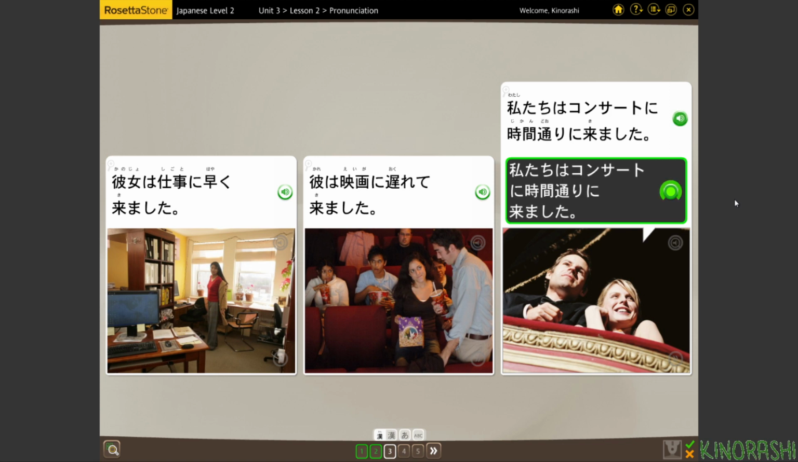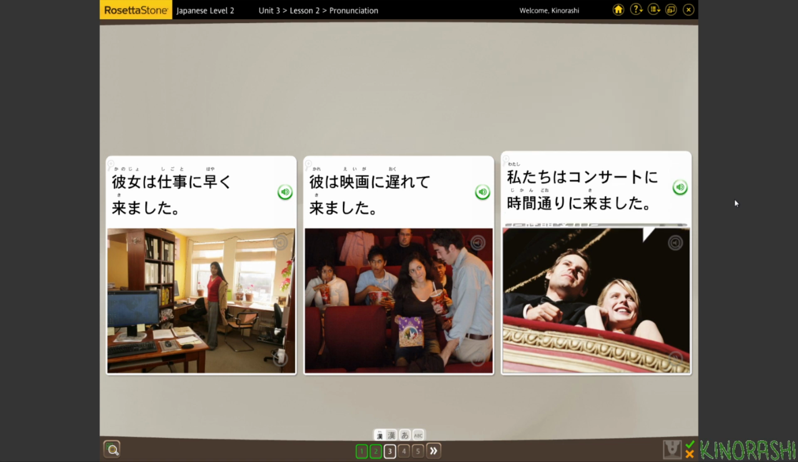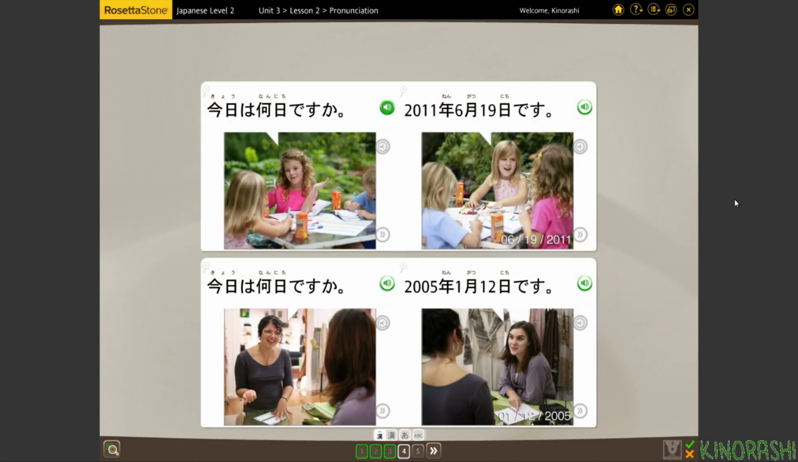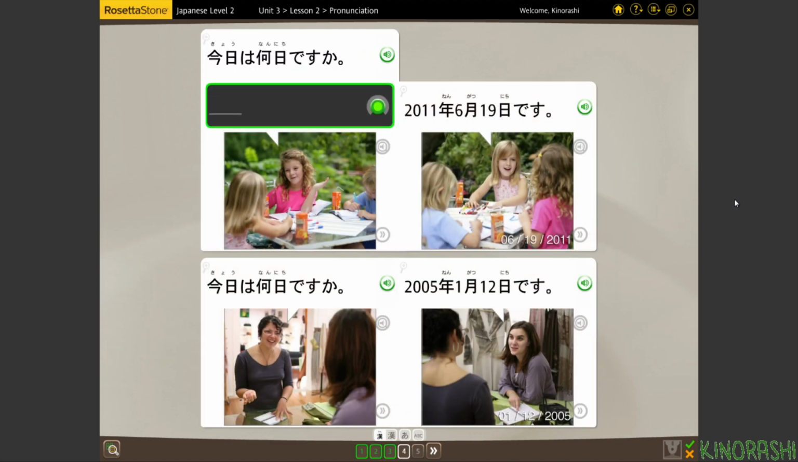私たちはコンサートに時間通りに来ました。今日は何日ですか？今日は何日ですか？今日は何日ですか？